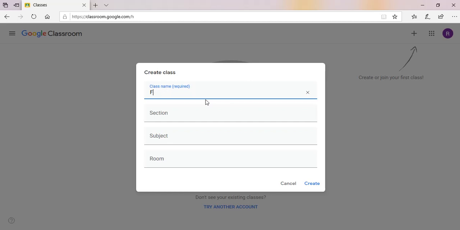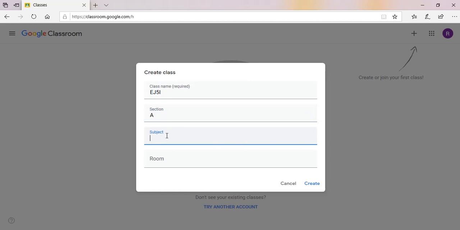In our technical education we have a specific code assigned for the different classes. So here I am writing that code, EJ5I. This is the practice in our technical education, so that's why I am writing the EJ5I. Then you can write down the section A or B and subject.